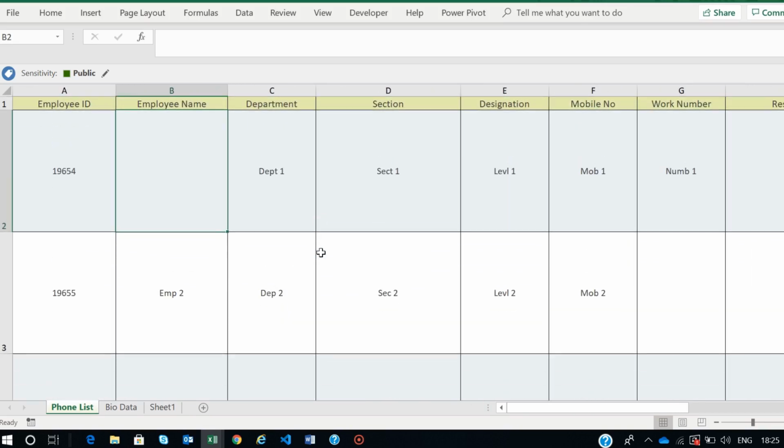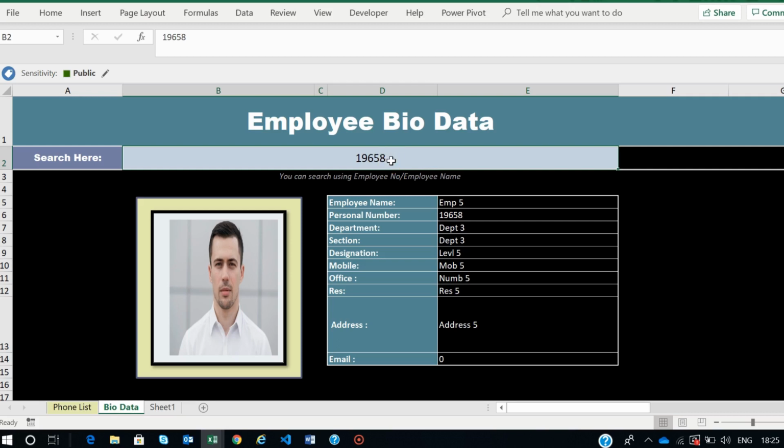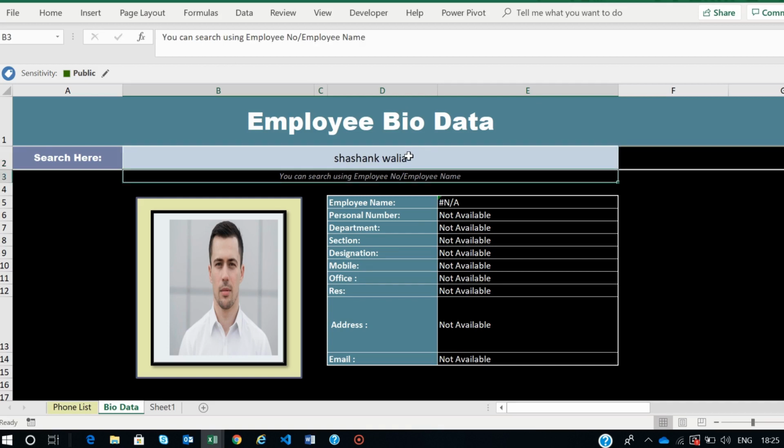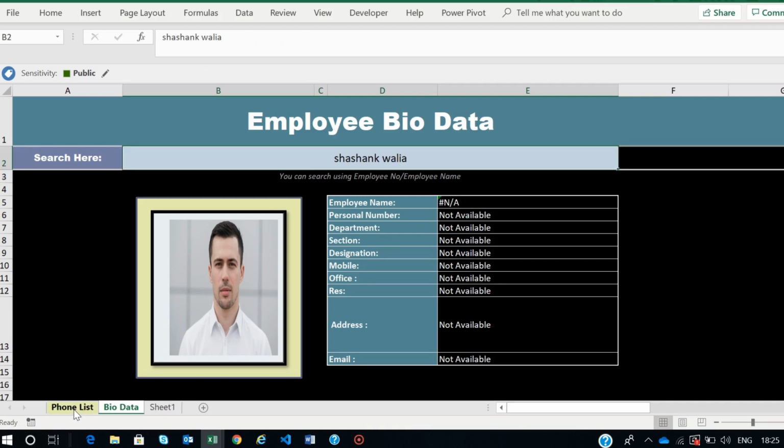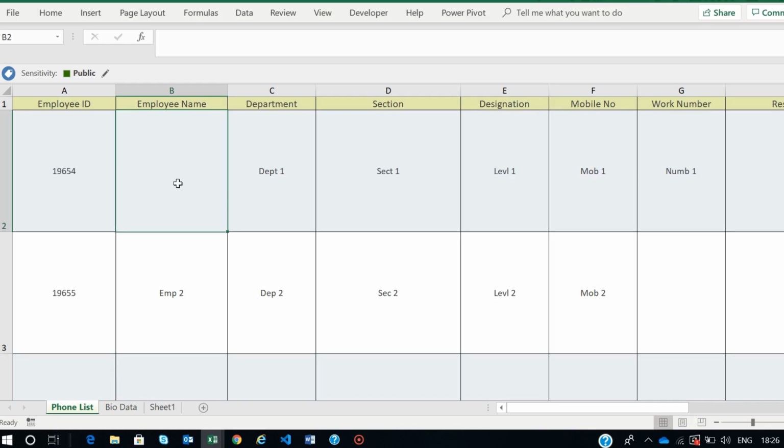In the employee database it might sometimes become difficult to find out all the details. It will also give me the details and even the photograph of that person. So let us try. If I delete it and I type my own name, it will give me, sorry, I have changed the data here, I think. Okay,